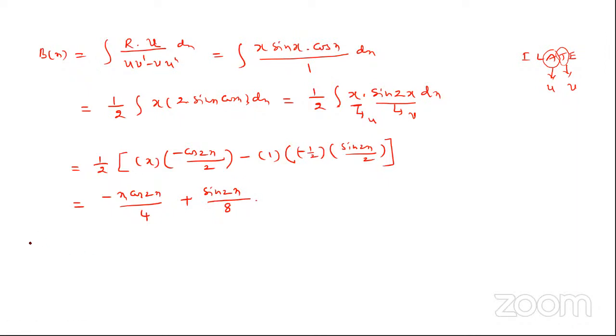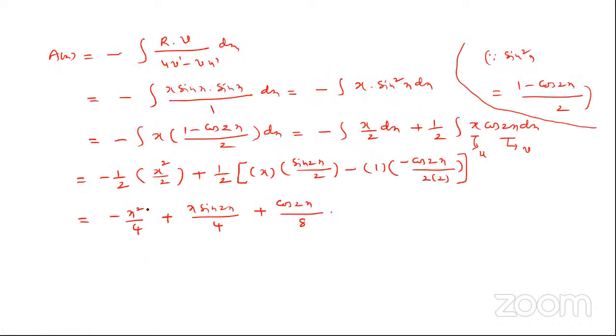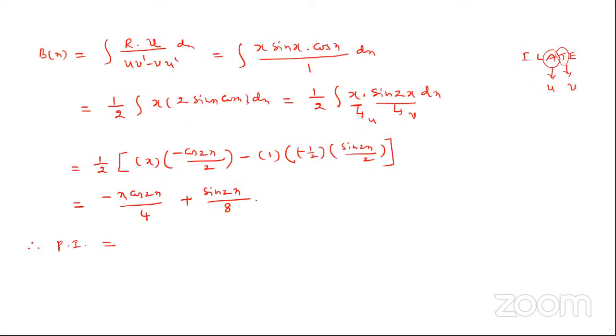So now we write the total particular integral. What is the particular integral? Ax into u of x. So what is the ax value here? The ax value is minus x square by 4 plus x into sin 2x by 4 plus cos 2x by 8. It is totally multiplied with